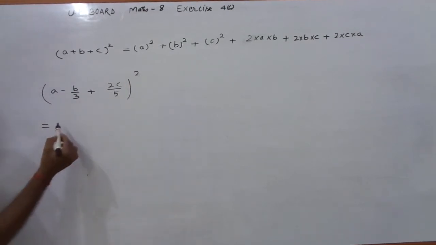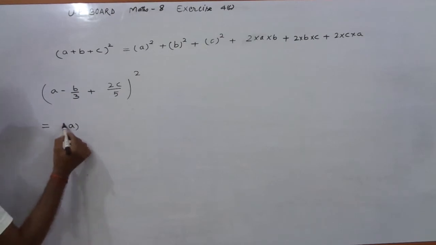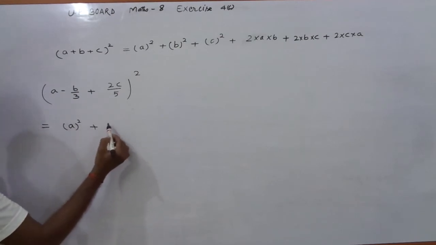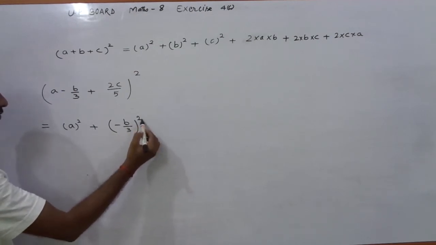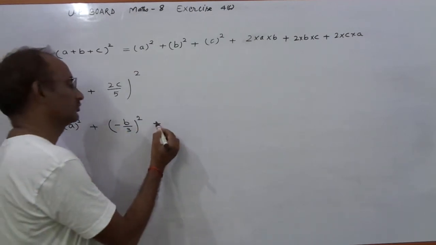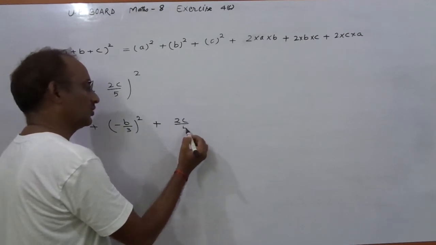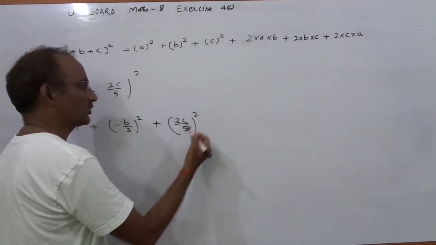So it can be written as a power 2, minus b upon 3 whole square, and 2c upon 5 whole square,